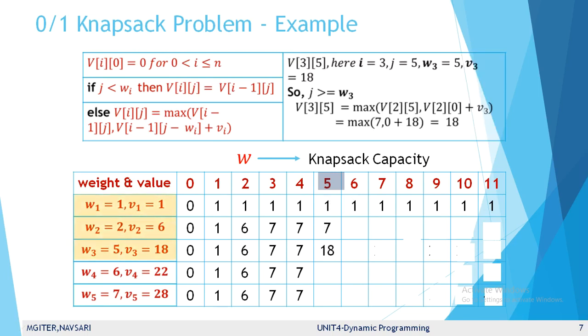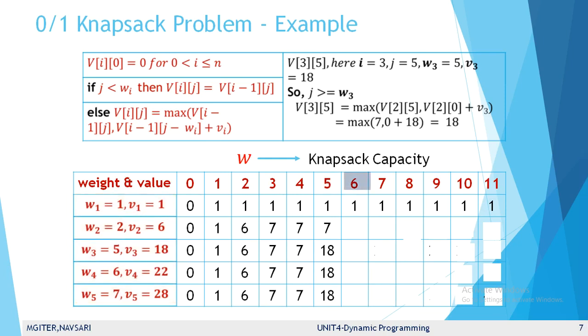Now in the third row, fifth column, we have 3 items with the weight of 1 kg, 2 kg and 5 kg. But the capacity of the bag is 5 kg. So here we include the one item with the 5 kg and the value is 18. So here we write 18. Similarly in i equal to 4, the capacity of the bag is 5 kg, but we include here one item of 5 kg. So profit is 18. Now in i equal to 5 also we include one item with the weight of 5 kg and profit is 18.